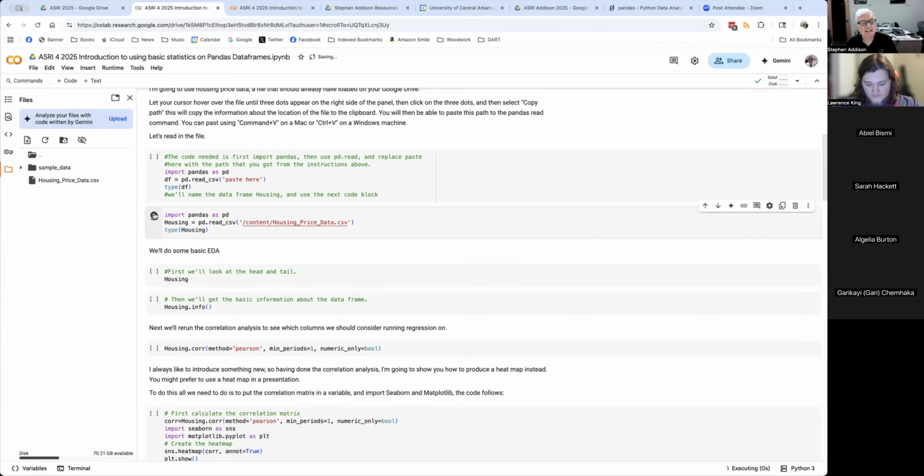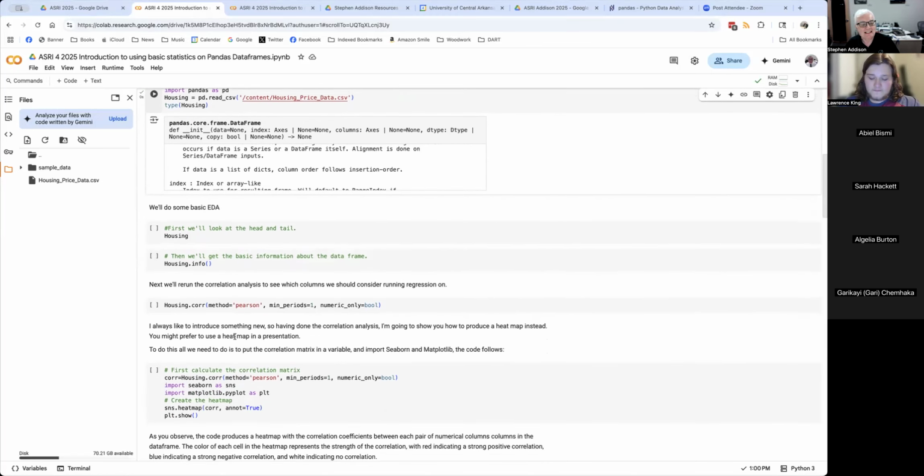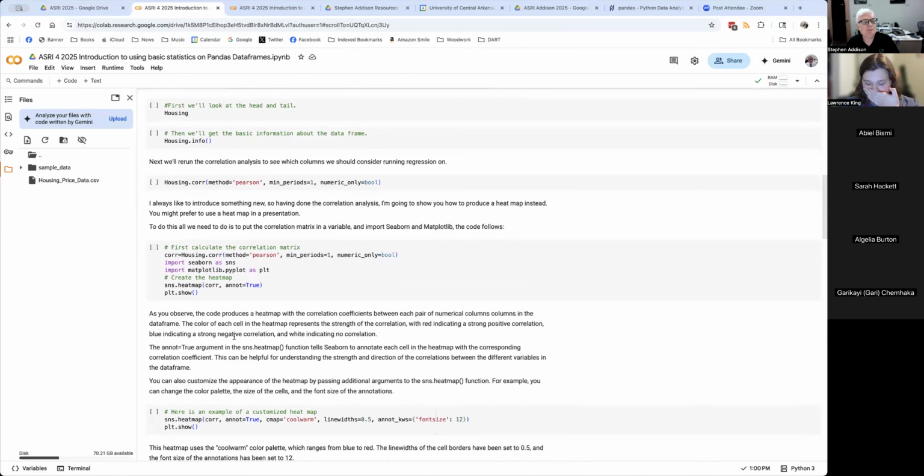As we run it, it does the upload and tells me I've got a data frame loaded. I'm going through these steps because you should always go through them when you upload a data frame,